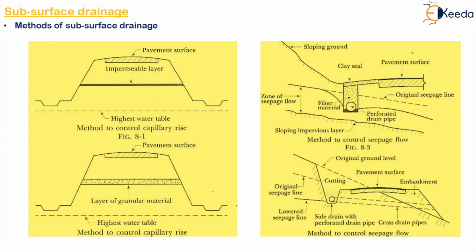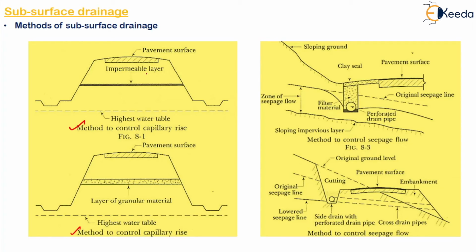So when there are chances of water reaching the level of subgrade through capillary rise, it becomes necessary to arrest such action by providing a suitable capillary cutoff between your subgrade and the highest water table. When the construction of pavement is in progress, the capillary cutoff may be provided in two ways. So these are the two methods through which we can control the capillary rise.